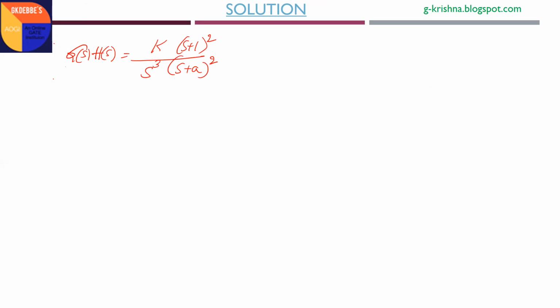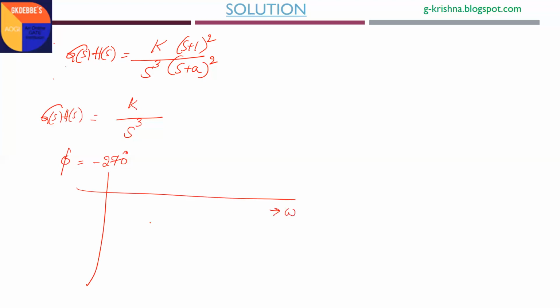Let us analyze this one with the frequency domain method. First, I'll explain in a general manner and then we'll give the solution to you. (s plus 1) by (s plus a) is nothing but a lead compensator, or it can be a lag compensator also. And they have given a transfer function with 3 poles lying at the origin. Whenever you have 3 poles at the origin, the phase angle of K by (j omega) whole cube will be minus 270 degrees. That's why it will be constant, independent of omega.